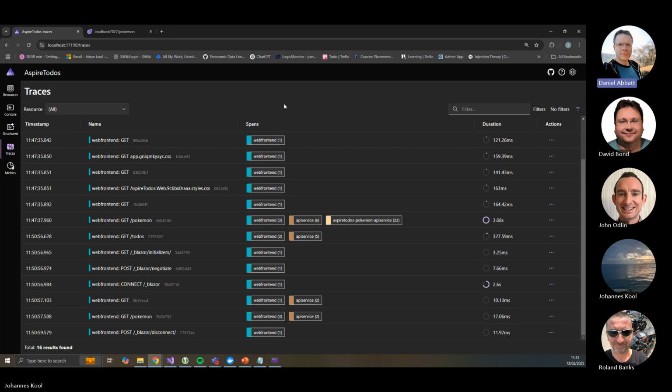The nice thing is that you can see there are 3 different services, 3 different spans involved on that middle one. That's quite interesting. But if you click on that one, the long one,